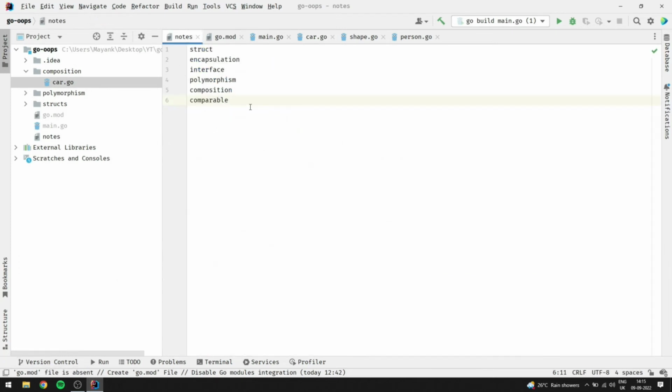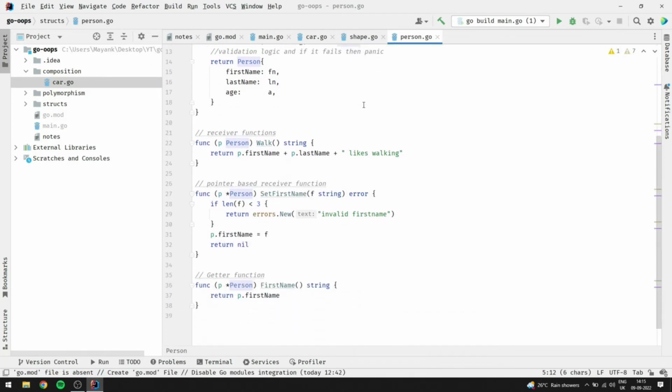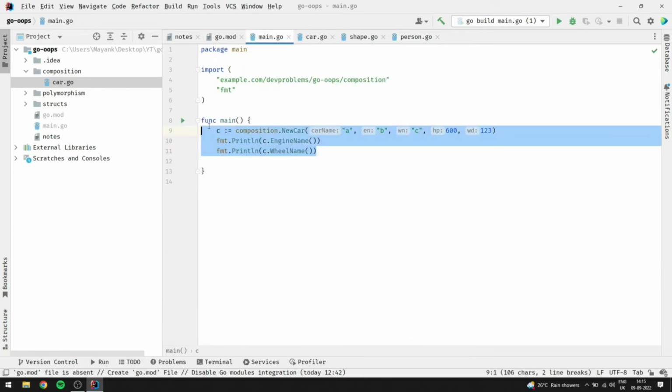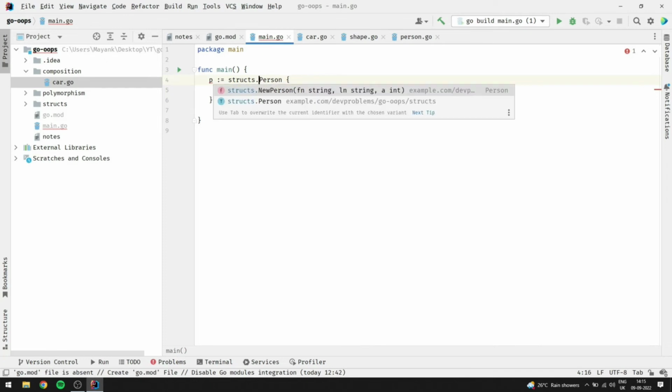let's go to the comparable section, and this is a very easy one, so let me quickly show you. So if you can recall that we have created a person struct here. Okay, so comparable means how you can compare two structs. So I'm gonna quickly create two person structs. So here for time being, okay, this is struct dot person,